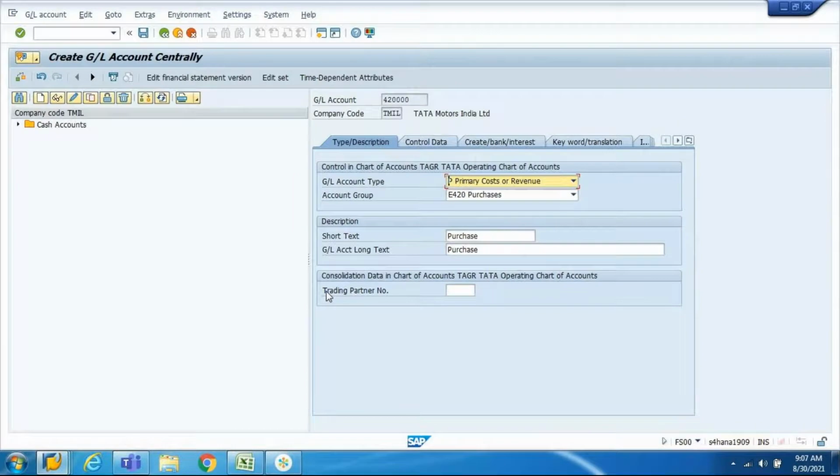Technically, yes, you may delete the GL account, or technically you may delete the customer or vendor, but in the back end, that GL account will have a delete indicator or a delete flag. It will have that track: you created this on this date, and you marked it for deletion on this date.